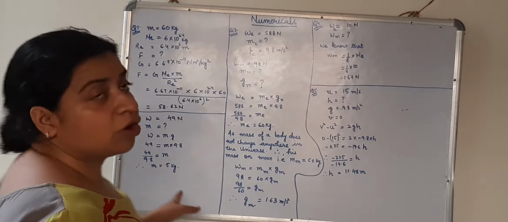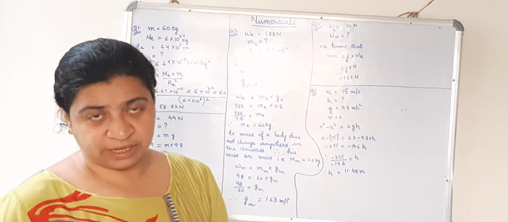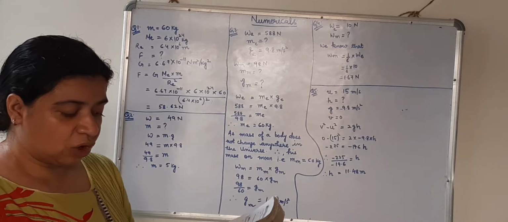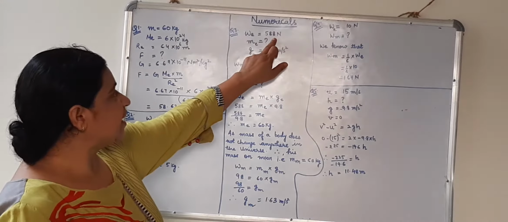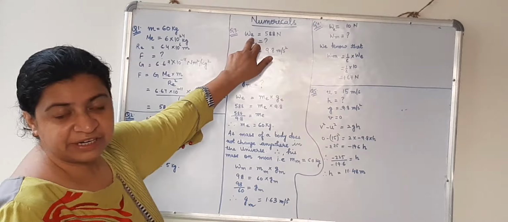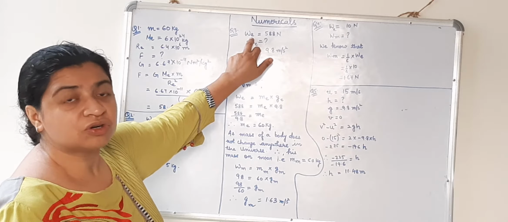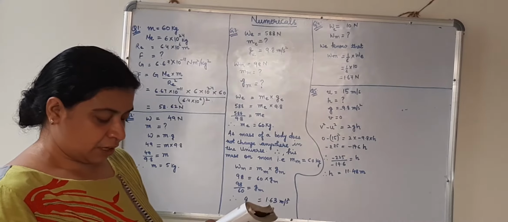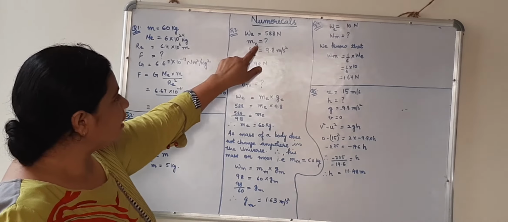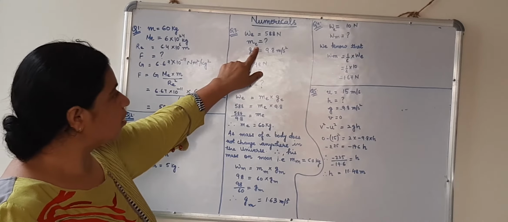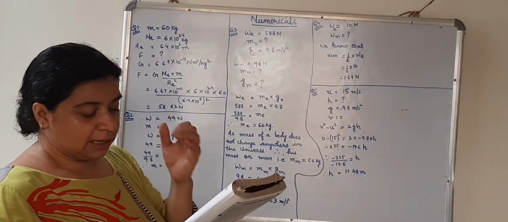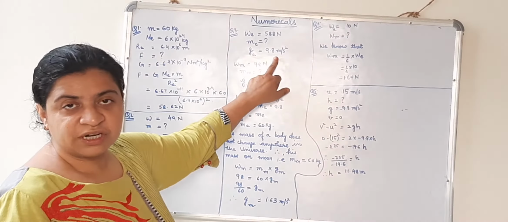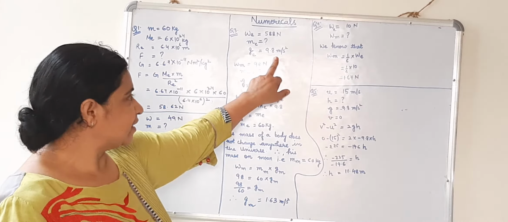This is the weight of the object on the earth. Okay. Now question number 3. The weight of a man on the surface of the earth is 588 Newton. Weight on the earth, I have written E here. It means the weight of the person on the earth is 588 Newton. Find his mass. We need to find out the mass of the person on the earth, taking g as 9.8 meter per second square. Here they have told us to take g as 9.8 meter per second square.